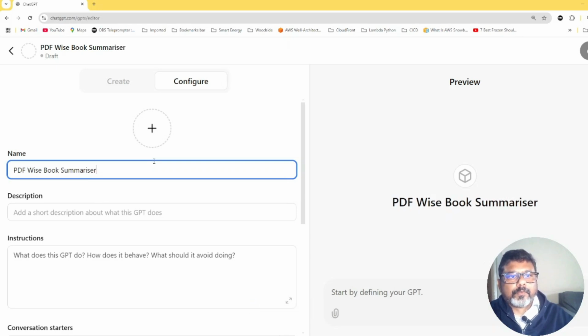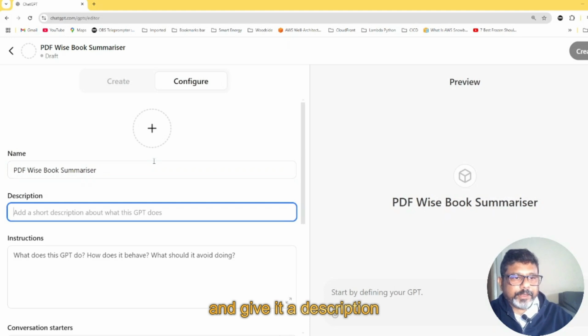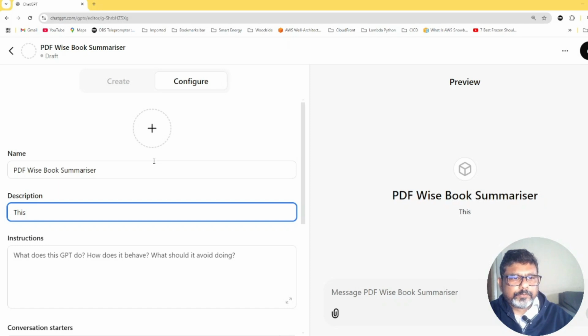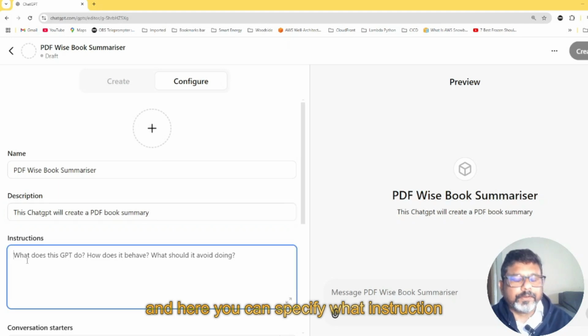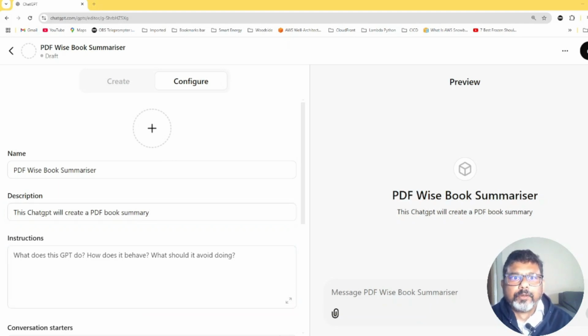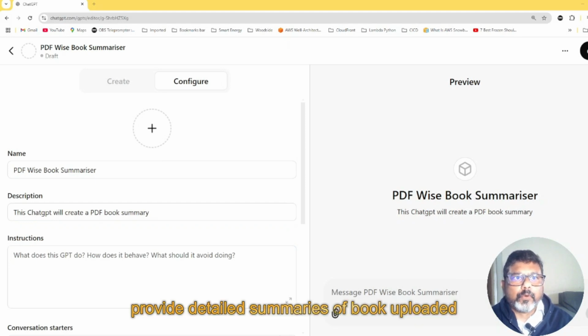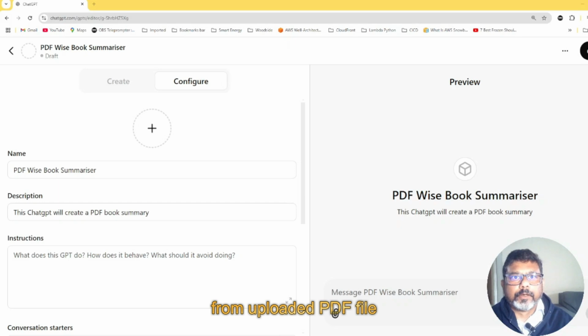PDF wise book summarizer, and give it a description. This ChatGPT will create a PDF book summary, and here you can specify what instruction you want to give. So I wanted it to provide detailed summaries of books from an uploaded PDF file,